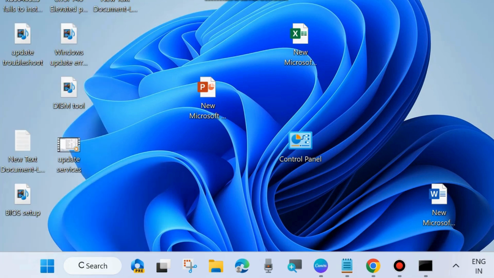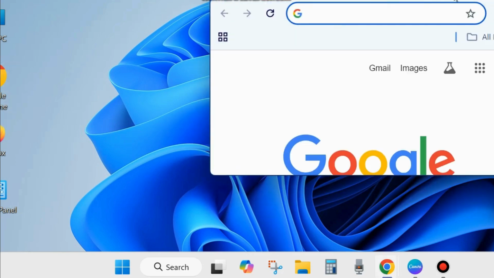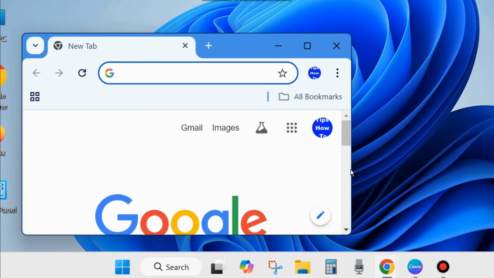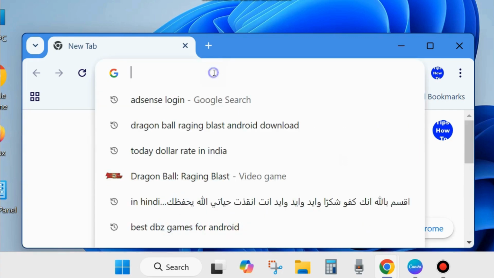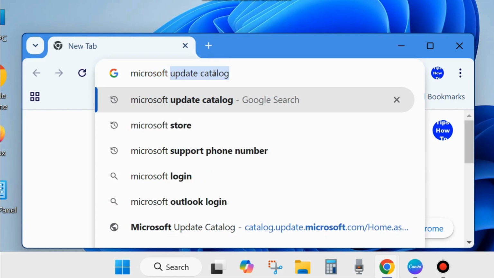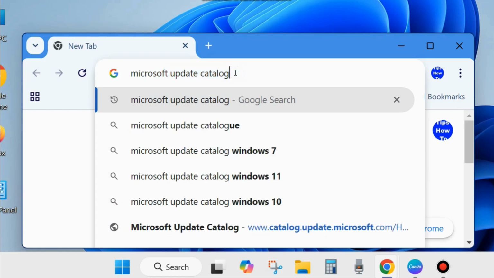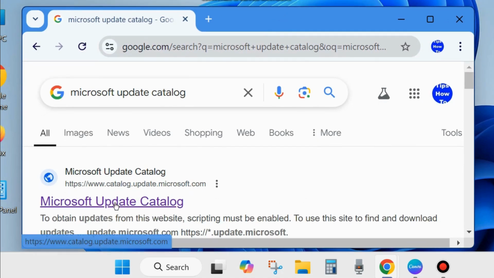If not, go to the next fixes. Manually download and install Windows Update in your system. To download or install manually Windows Update, open Google Chrome browser or any preferred browser, and here type Microsoft Update Catalog in search field. Press enter and open first appeared result, Microsoft Update Catalog. Open it,